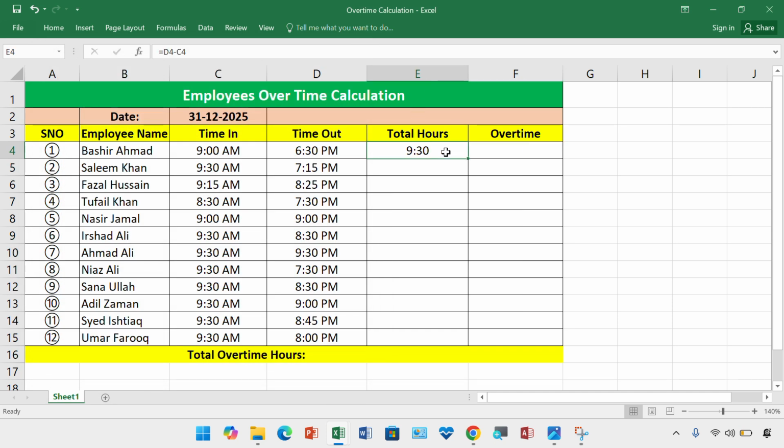Anyhow, we have calculated the total working hours of the first employee. Let us copy this formula. Okay. Now we are in a position to calculate overtime. In order to calculate overtime, let us take the total working hours of the first employee minus